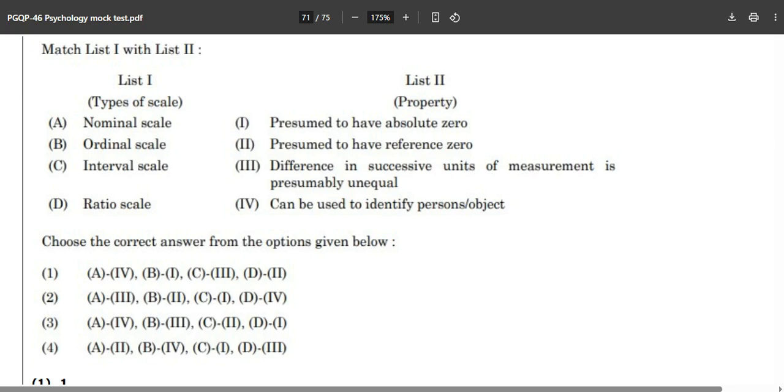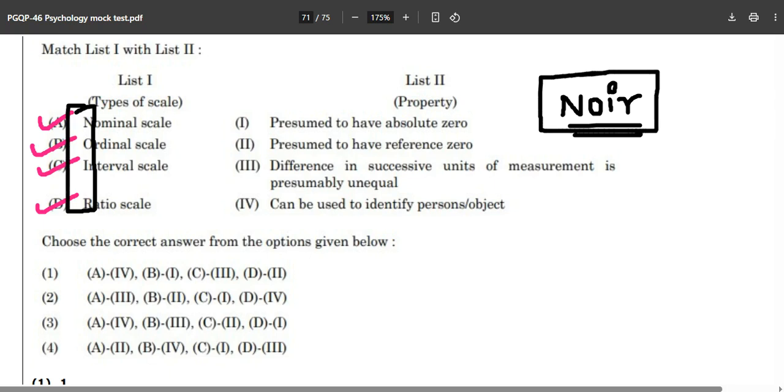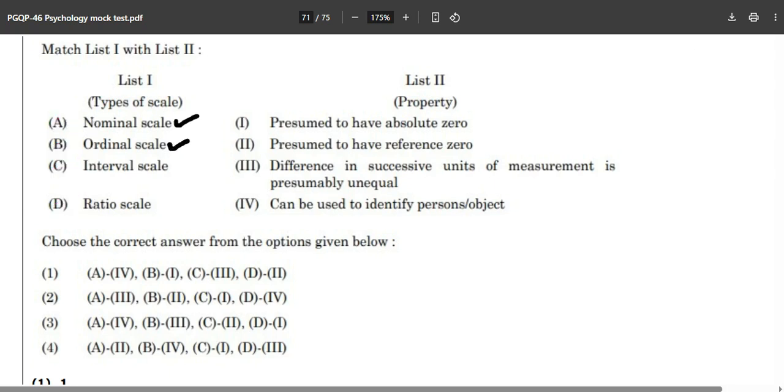The question will not be of this type in your MPhil entrances, but why has this question been chosen? Because you will get to know what is nominal, what is ordinal, what is interval, and what is ratio. But before that, let's learn some French over here. What is the meaning of NOIR? NOIR means black in French. Okay, it is a French word meaning black color. Now nominal scale, ordinal scale, interval scale, ratio scale, what is going to be the correct answer? I am giving you 5 to 10 seconds to answer this correctly.